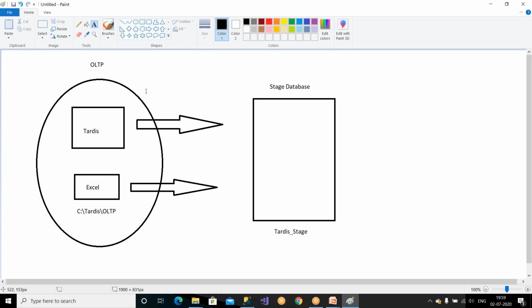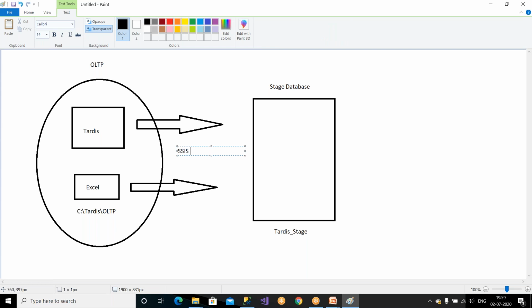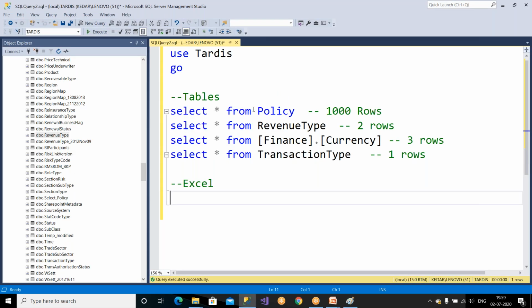Clear? For the dumping purpose, we're going to be using an SSIS project. You need to create the SSIS project now, and with the help of the SSIS project, we have to perform the ETL operation. So all the data we're going to be dumping. You have to create one package for this table, one package for this table, one more package for this table, one more package for this table. You have to create, plus we have to create